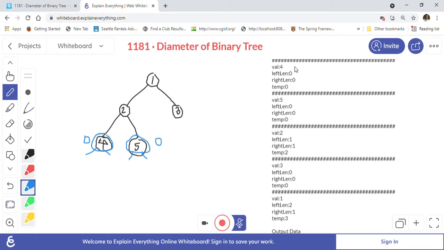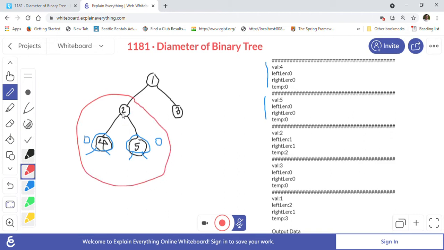So here I just printed the information for you. As you can see, when the recursive function visits 4 here, it is just calculating the left and right diameter, so both are 0, so the diameter at 4 is 0. Then the diameter at 5 it is calculating here, again the diameter is 0 because there are no left or right children here. Now after this it will calculate the diameter of the root of this subtree, which is the subtree that I highlighted.